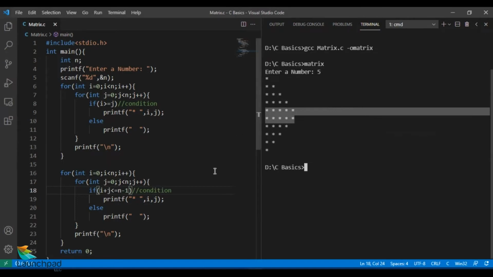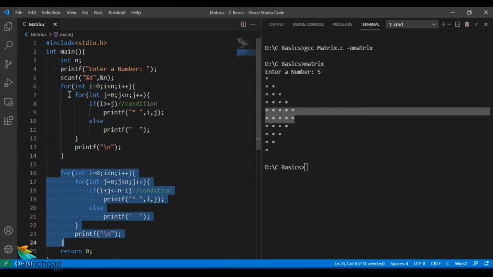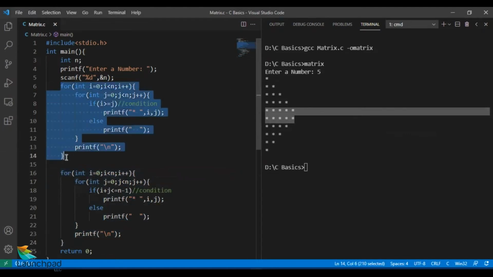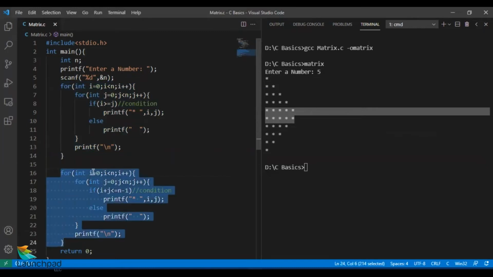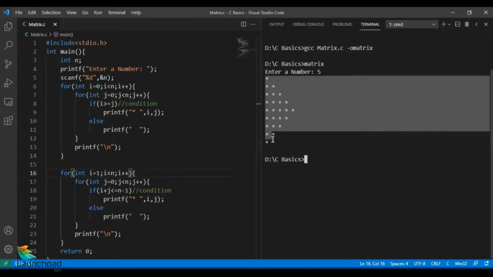1 row. So what is the change I can do here? There are 2 sets of loops I have here, and whenever I have 2 loops, after this i loop, I'm starting one more i loop. So the loop whichever starts second should start with 1, which means I'm skipping the 0th row in the second pattern. I'll clear the screen, compile, run again. With an input of 5, you could see the shape is achieved.